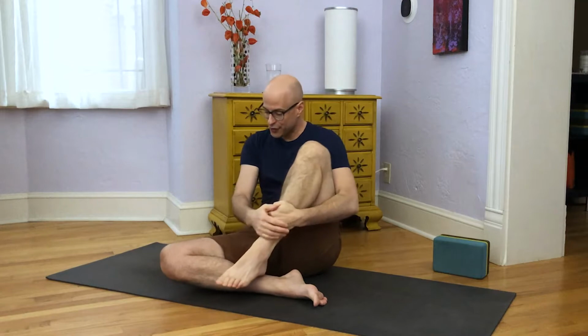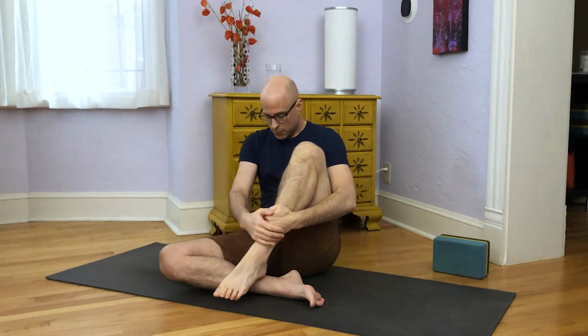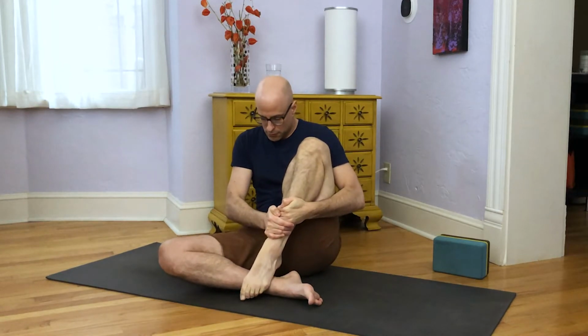And this foot might have a different range, the hamstring might have a different range, the toes might have a different range. Go back and forth like that another couple times. Okay, great. And then either A, you can try that on one side followed by the other side,